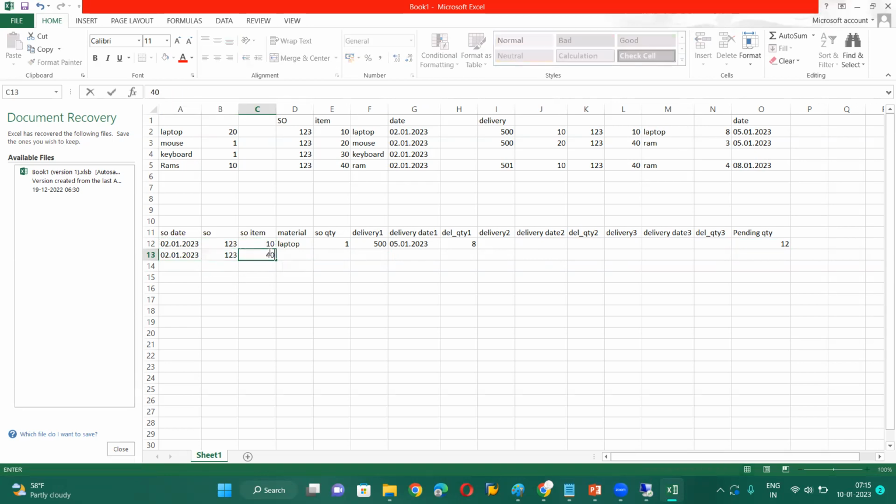Item number 40 I'm taking here, and this is the RAM. You need to consider all the things. I'm maintaining 10 and 40, and here the sales order quantity is 20, and the quantity is 10 here. And for this one, for this RAMs,